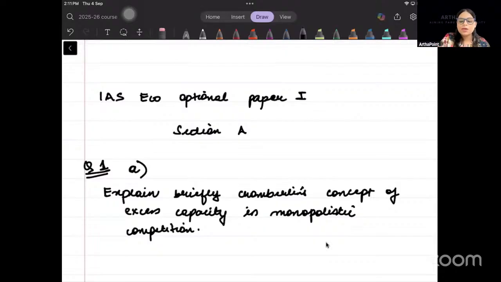Answer. So, beta, first thing, this question is in Section A, Question 1, and it has to be answered in 150 words. We cannot exceed more than 150 words. But it is always good if you can answer the question with a graph. There is nothing like answering it with a graph, right?